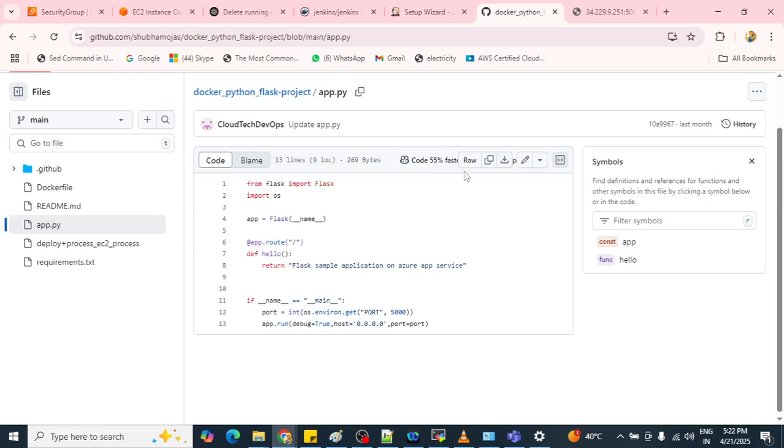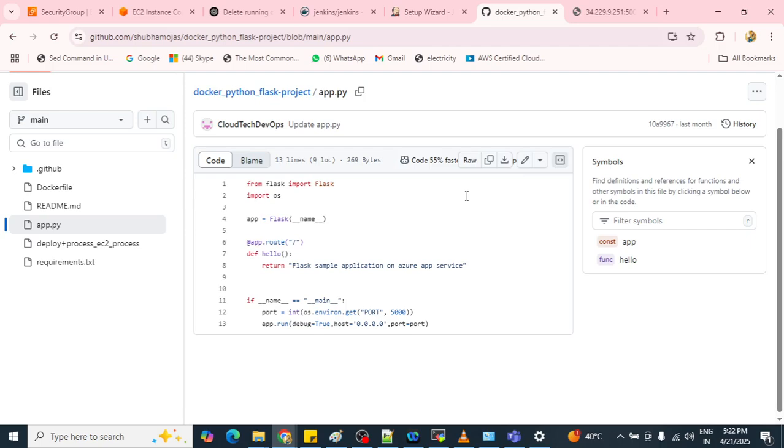Okay, got it? So same thing, if you need to run with the help of Docker, how are you going to run it? That we will discuss in our upcoming video. For this same thing we need to write a Dockerfile.